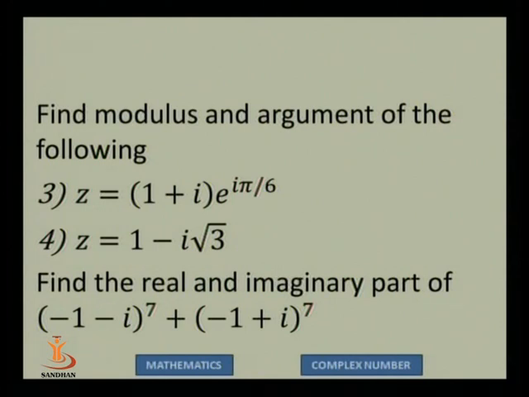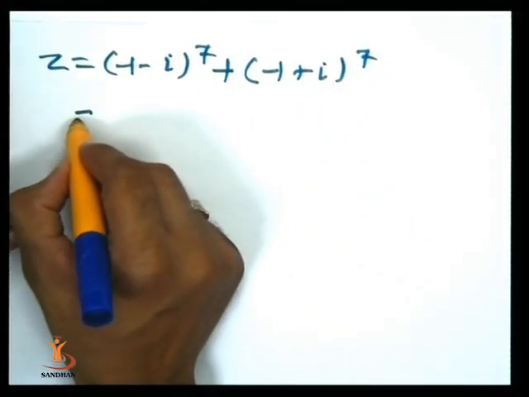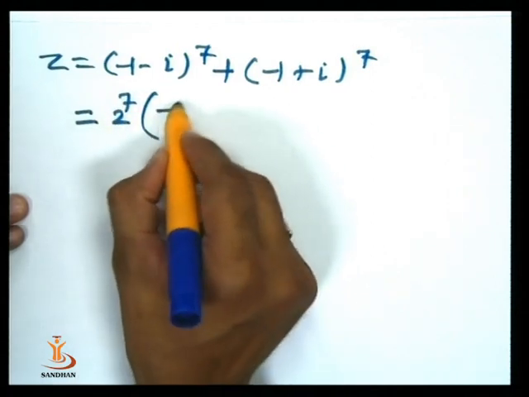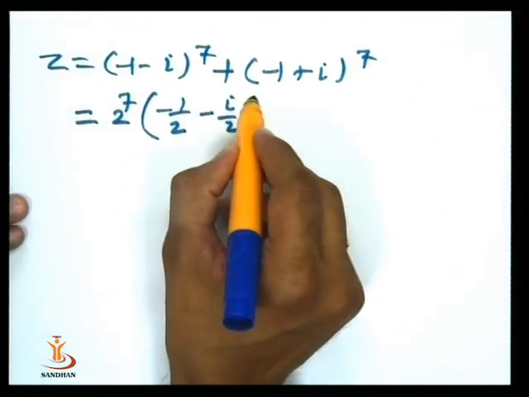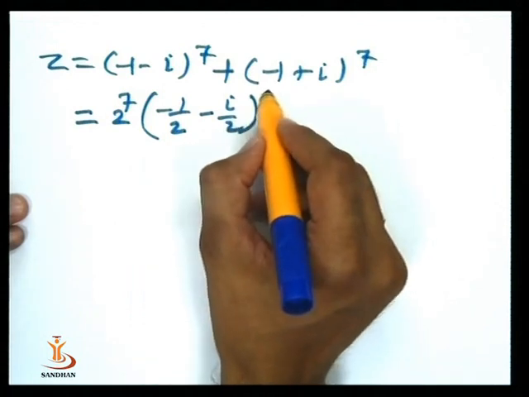Find the real and imaginary part of minus 1 minus i raised to 7 plus minus 1 plus i raised to 7. Here you have to multiply and divide by 2 raised to 7. Let me take this one. Suppose we want to obtain the real and imaginary part of this complex number z: minus 1 minus i raised to 7 and minus 1 plus i raised to 7. So multiply and divide by 2 raised to 7. So this is nothing but minus 1 by 2 minus i by 2 raised to 7,